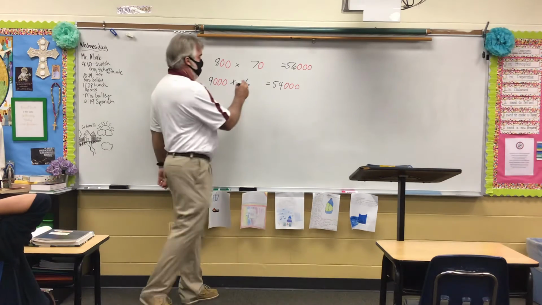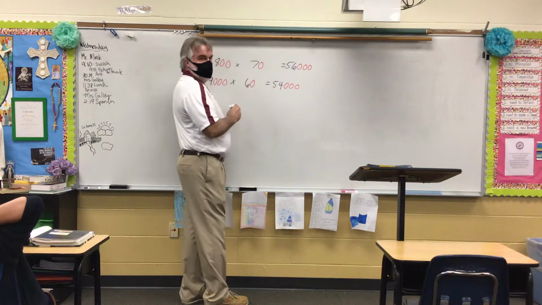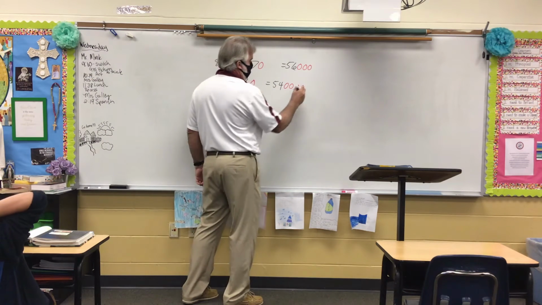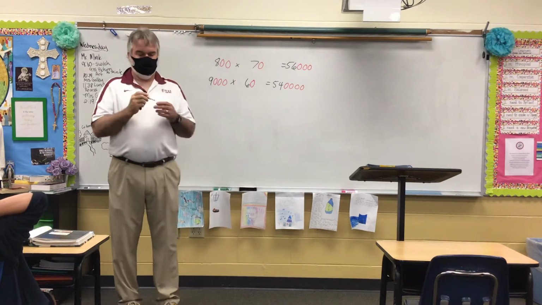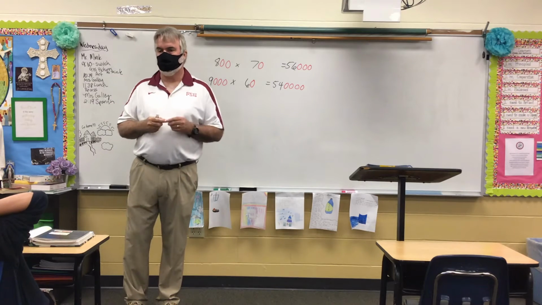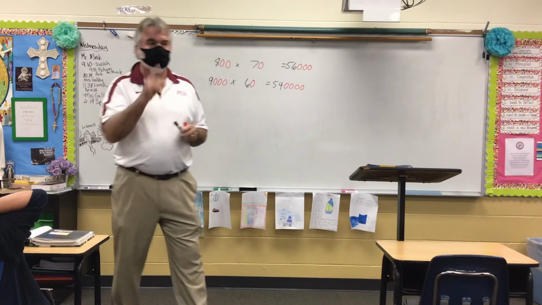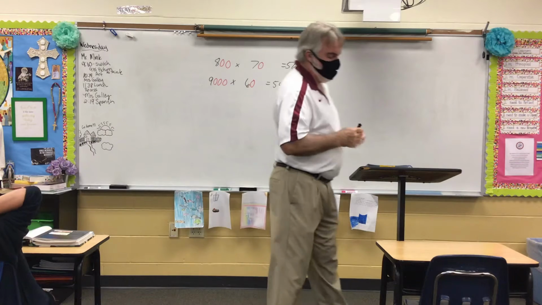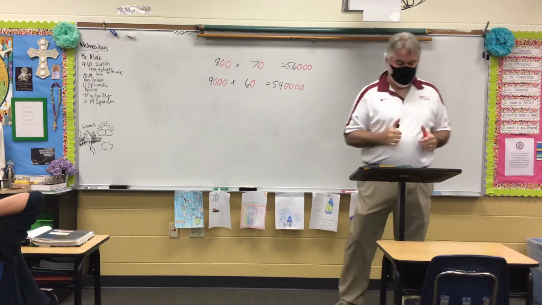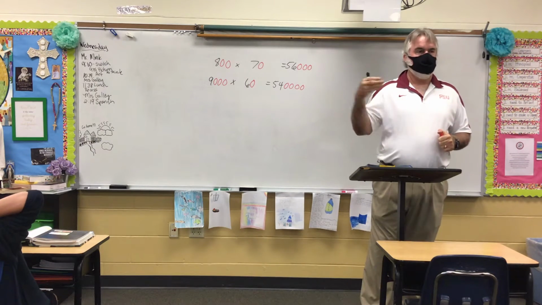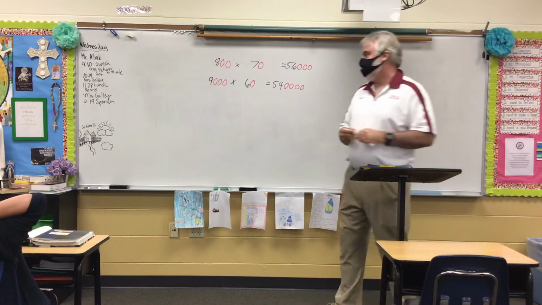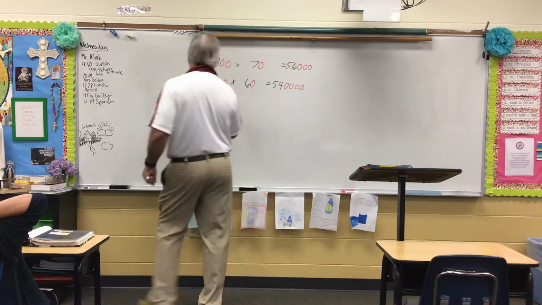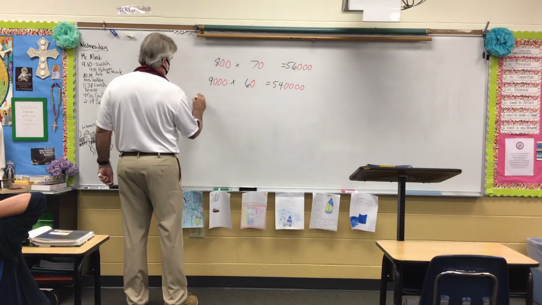Okay? If I had a 4th 0, I need to put another 0 over here. Okay? All that you are doing is you are looking to find first the basic problem, and then you're going to add zeros. Now, they're also going to give you problems where you might have